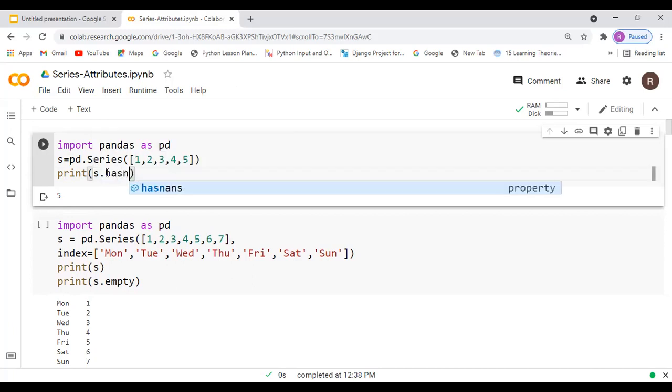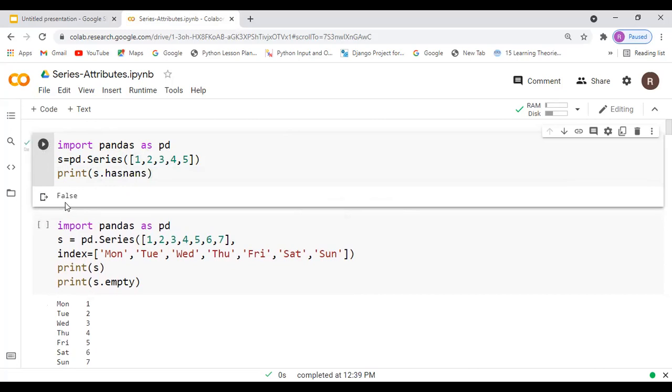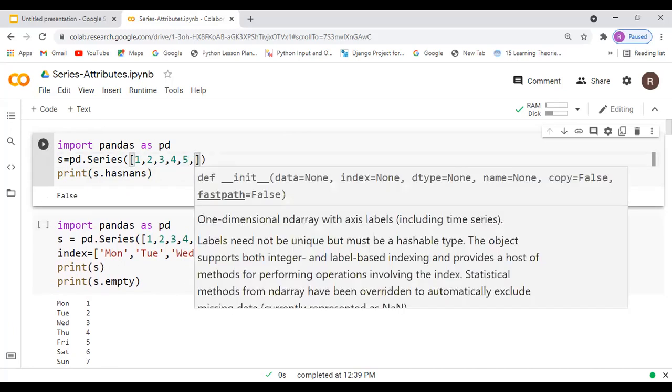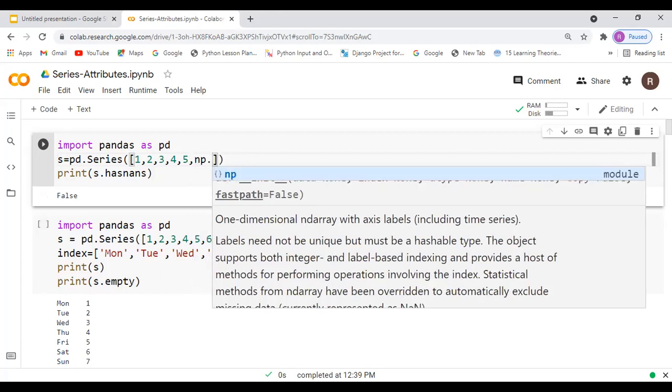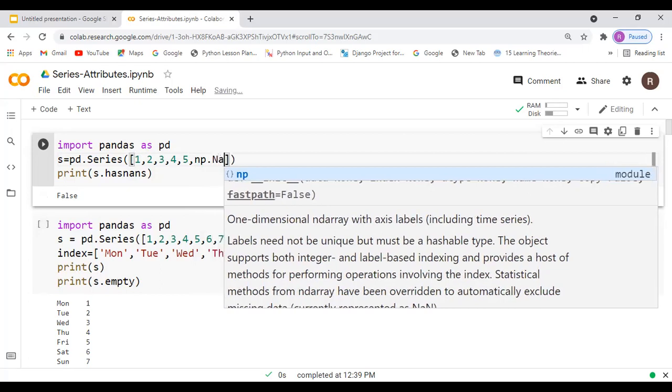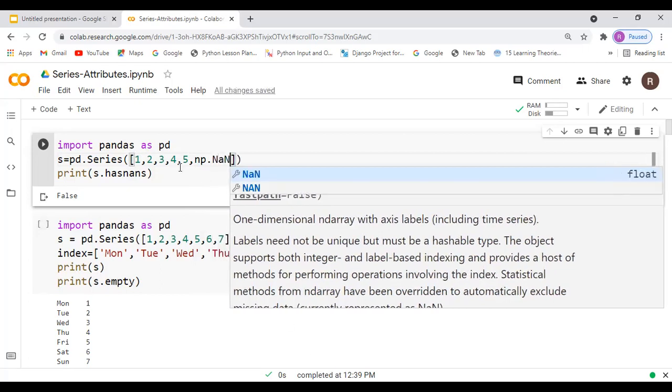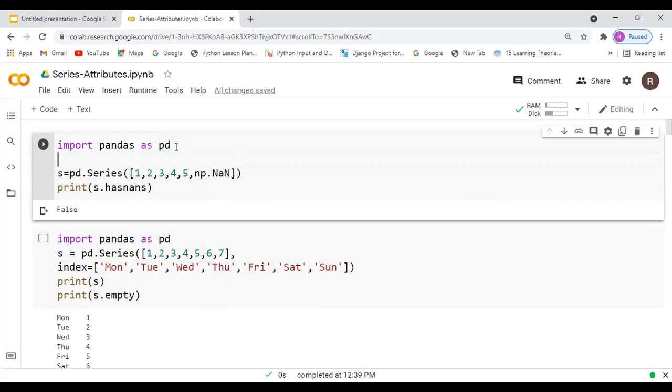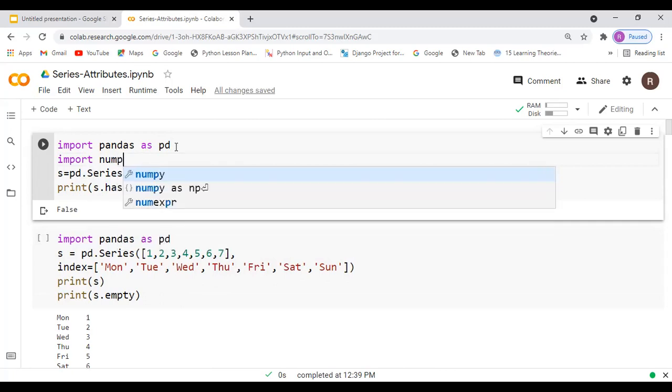Now, hasnans. Now you see the output we are getting is false because we don't have any NaN value over here. Suppose now I'm going to insert a NaN value. So NaN is present under numpy, so you have to use np dot nan only. Whenever you are using np.nan, you have to import numpy, so import numpy as np.